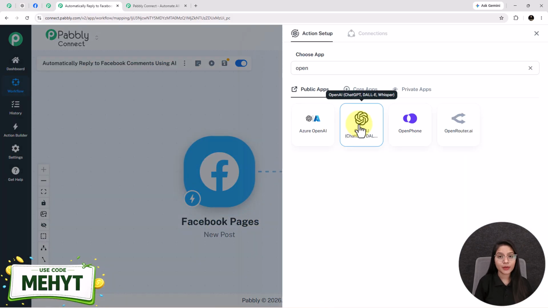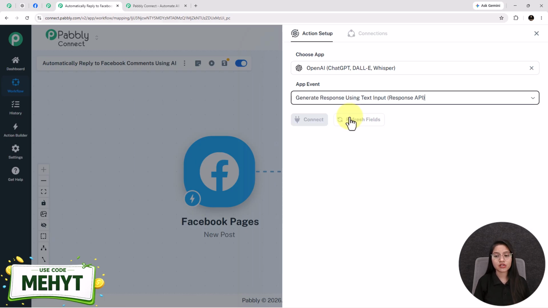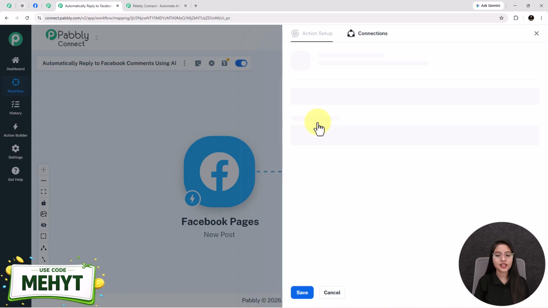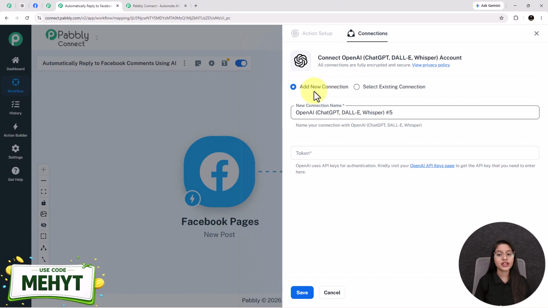Here I am using OpenAI to automatically generate a relevant reply based on the comment received from the Facebook. So whenever anyone comments on my Facebook post, OpenAI will understand that comment and generate a suitable reply for it. After selecting the application, the app event I am selecting as generate response using text input and clicking on this connect button. If you have an existing connection, then you will select this option. For adding a new connection, you have to select this option, and next it is asking you for the API